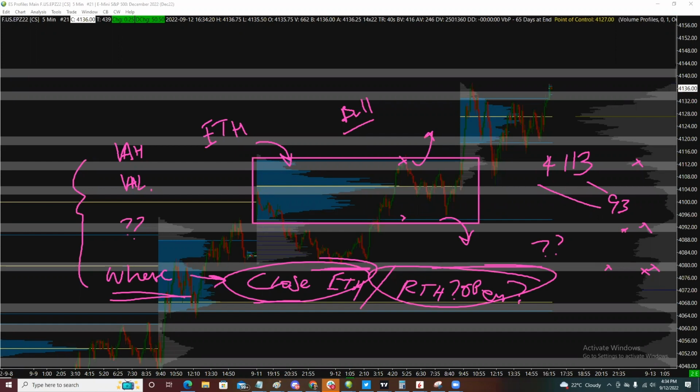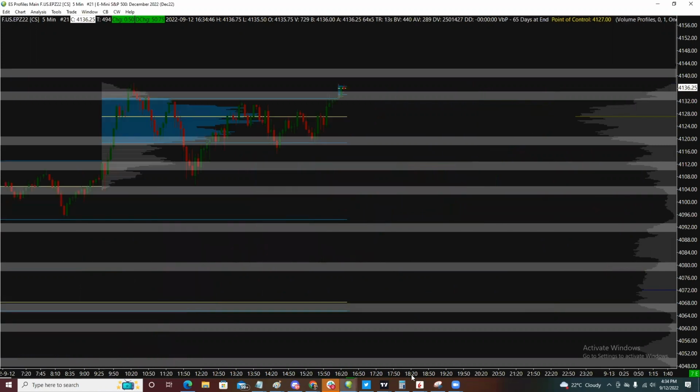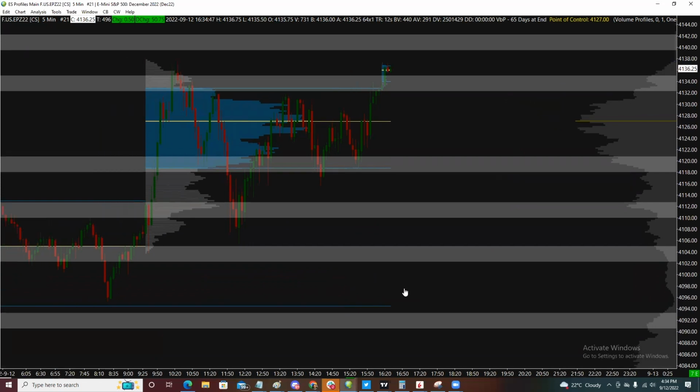So if we take a look at this, let's clear some of this space here. We want to make some room and understand exactly what we're looking at without too much noise. So if we clear some of this and we take a look at where price opens, this is going to be important. Where does price open? Because it gives us a little more hint at the directionality of the volume profile at